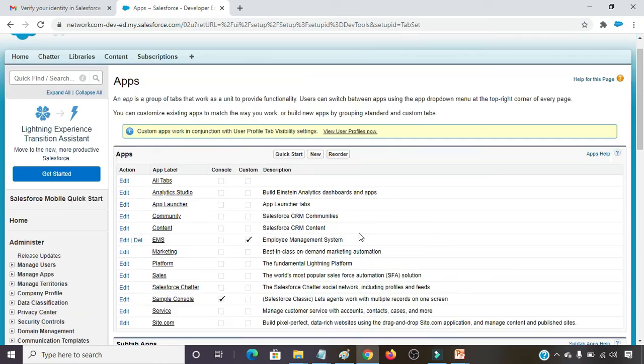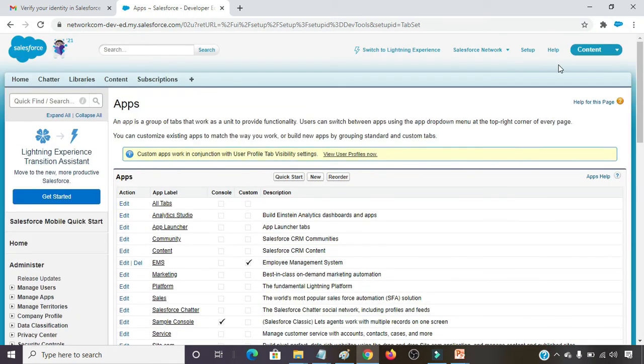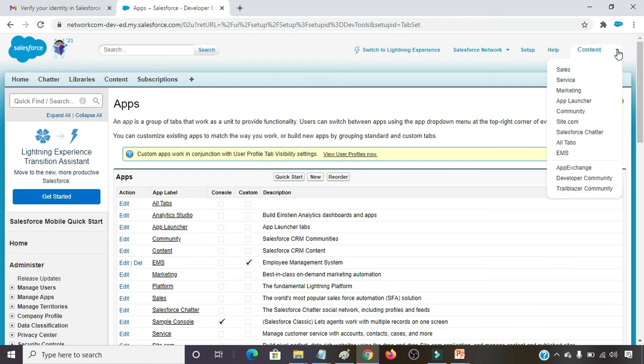And where you can see your custom app, just go to the right side and click on drop down. Here all the apps are coming. These all the apps are provided by Salesforce, or these apps are standard apps like sales, service, marketing, and these apps what we had created EMS.